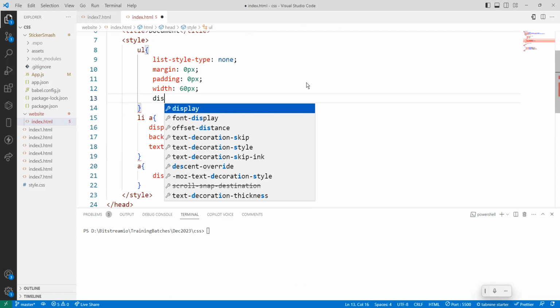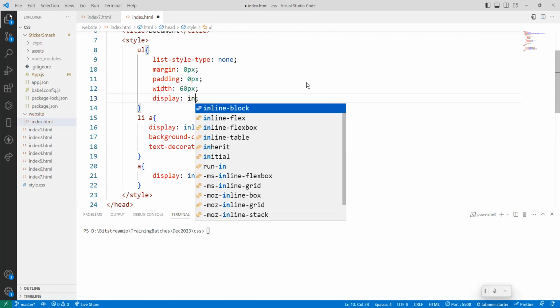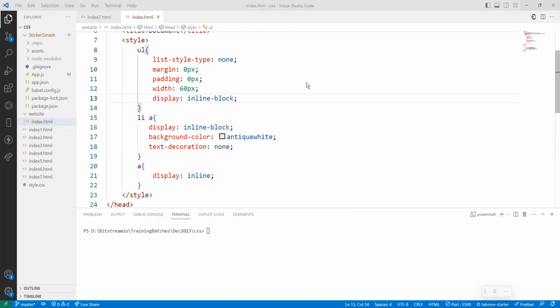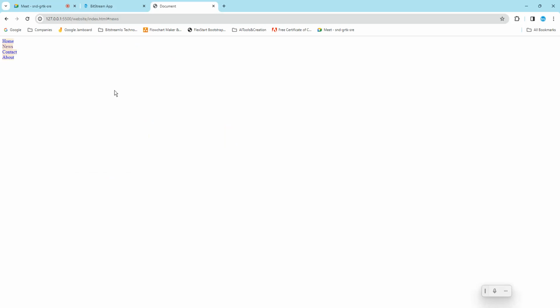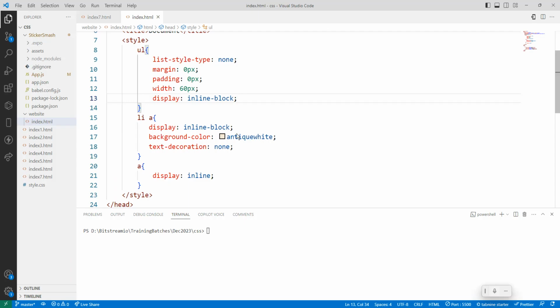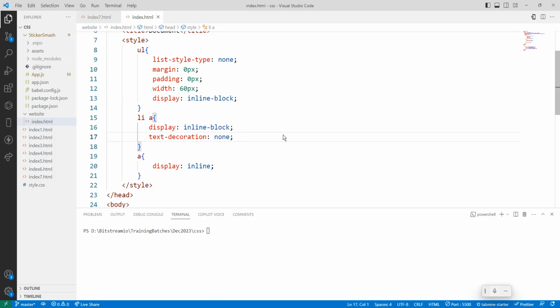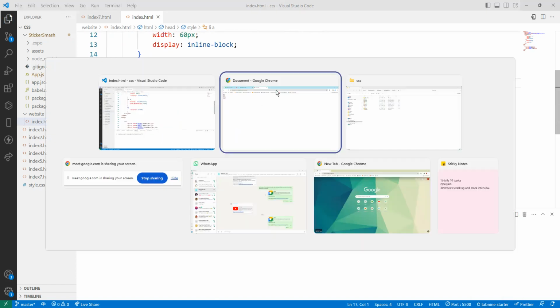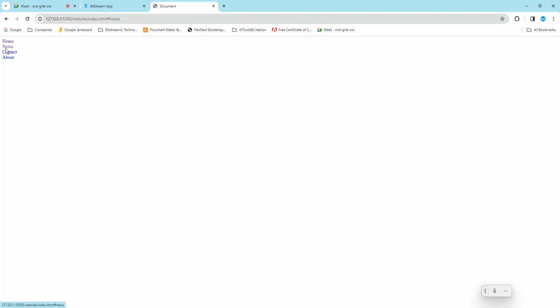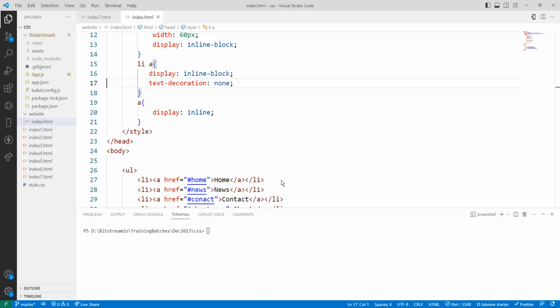So display inline-block, save it. Let's assume first we will understand how to write a CSS property for this one. We have four tags here. If I click, it has to show some content here. I want to create four more files. So how to create? For that,